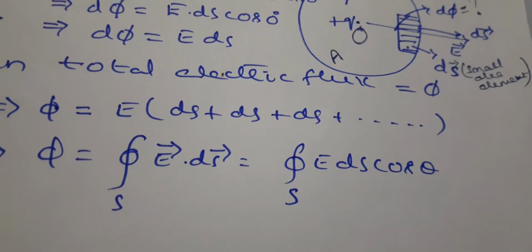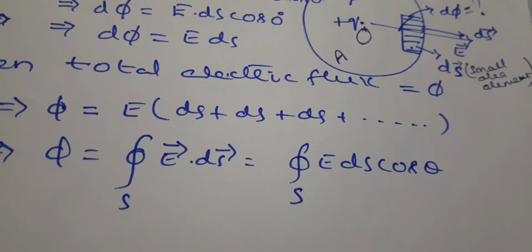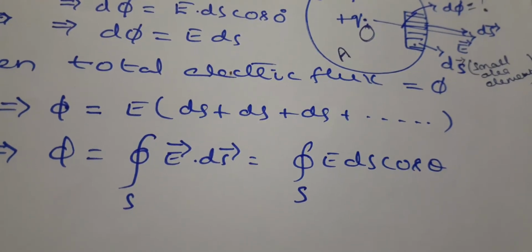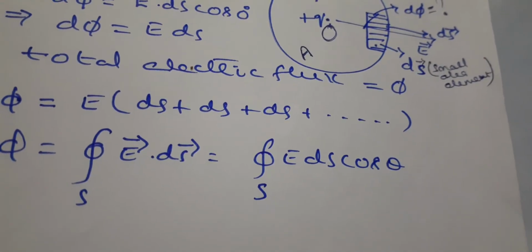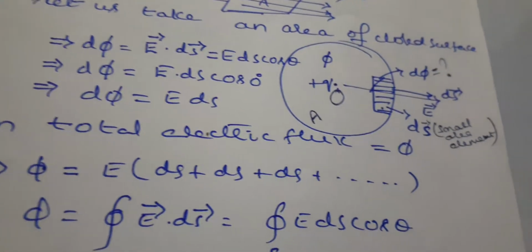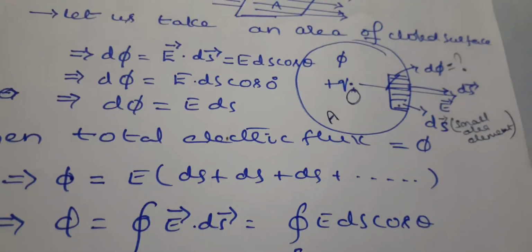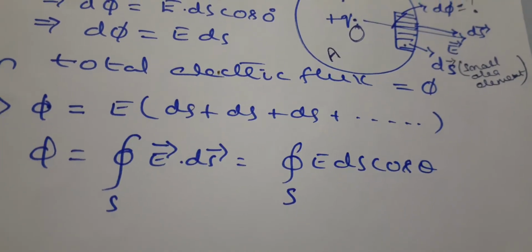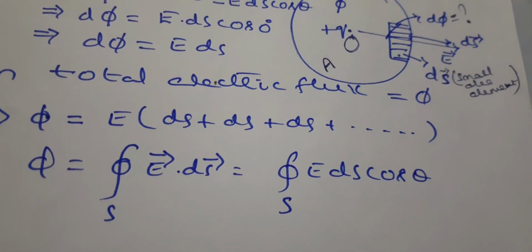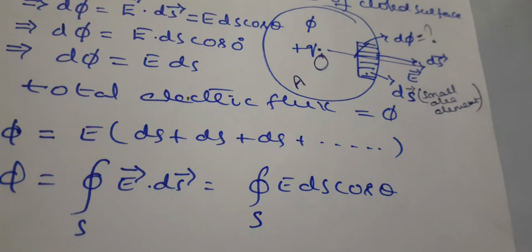So you can read this as closed surface integral of E bar dot dS bar, which equals E dS cos theta, where theta is the angle between the small area element dS bar and the intensity of the electric field. So after knowing this, you can understand easily